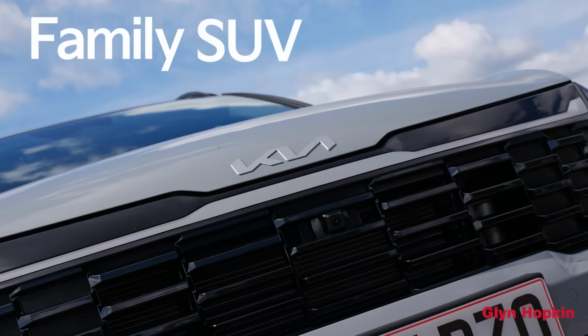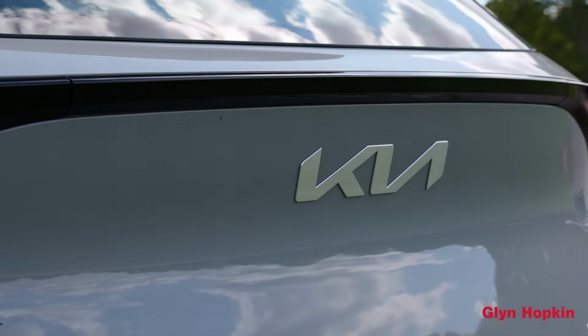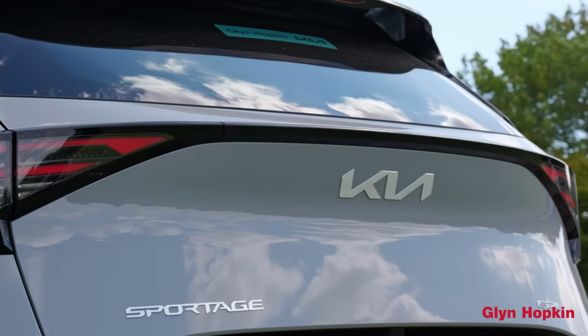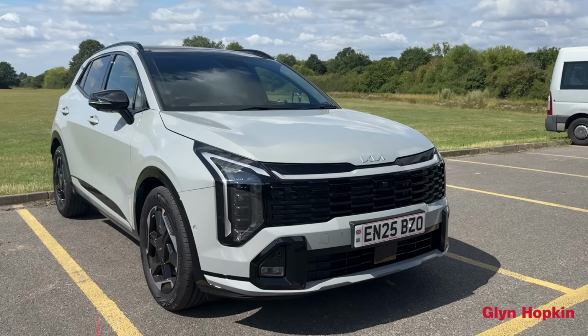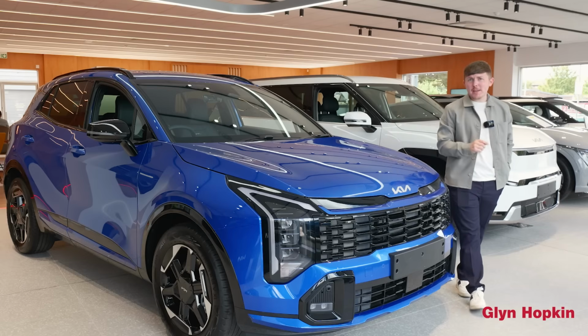The family SUV, a name which may put fear into many first-time dads, giving up their fast and powerful sporty cars for something that some may call quite boring. And despite this sector of the car market being fairly saturated, there's always been one SUV that's reigned supreme. And newsflash, it just got even better, because meet the new Kia Sportage, and it might just be the best